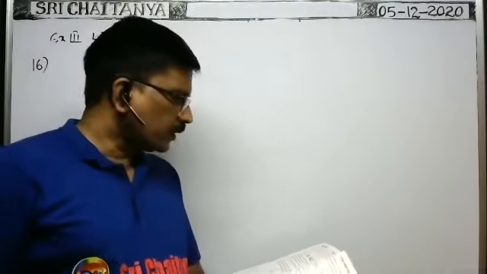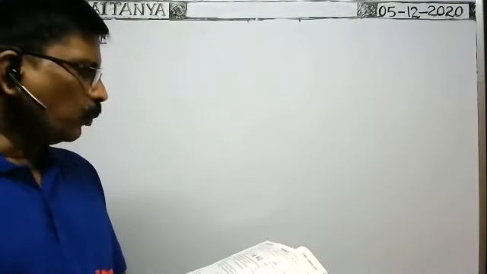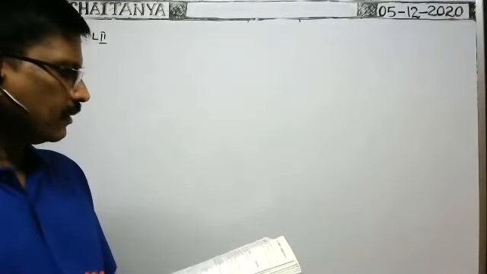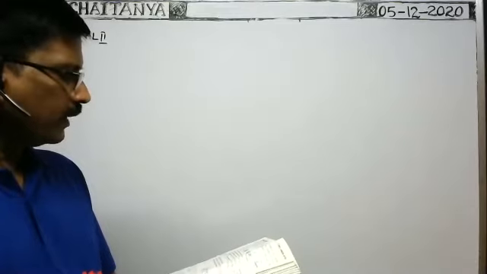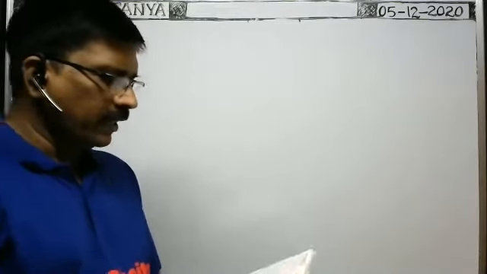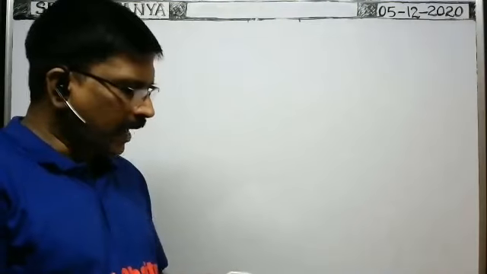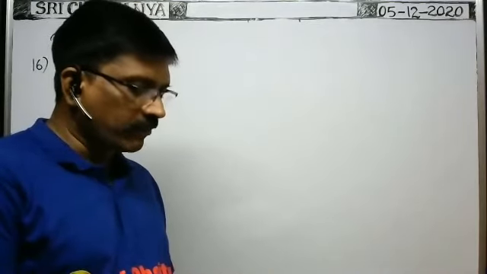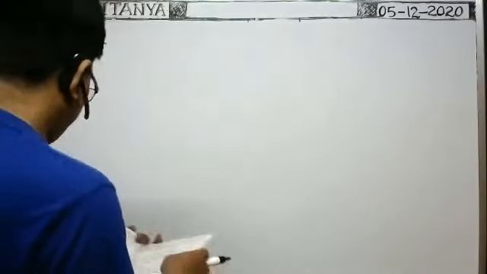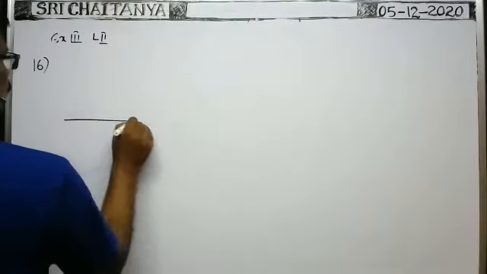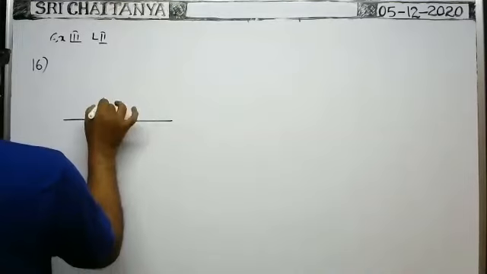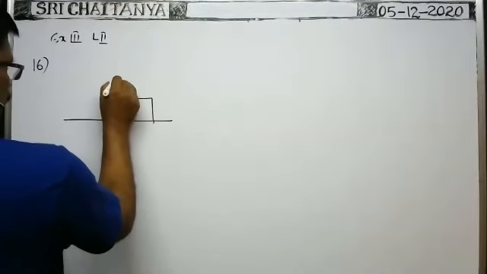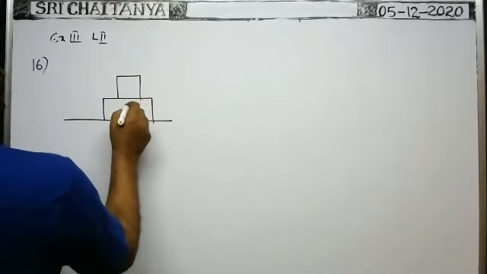In the arrangement given below, both the springs are in their natural lengths. The coefficient of friction between M2 and M1 is mu. There is no friction between M1 and the surface. If the blocks are displaced slightly, they together perform simple harmonic motion. Okay, here you see, two blocks are kept one over the other like this, having masses M1 and M2.